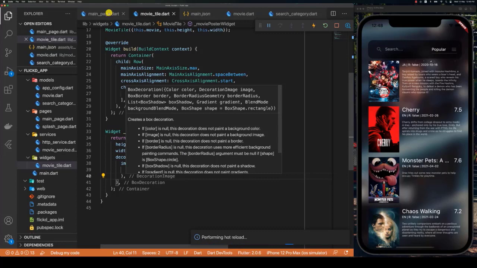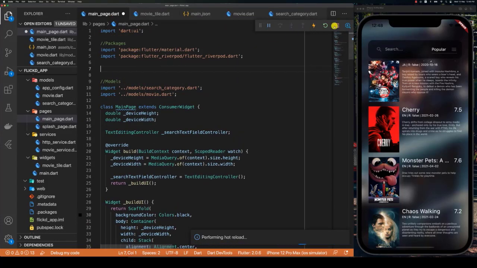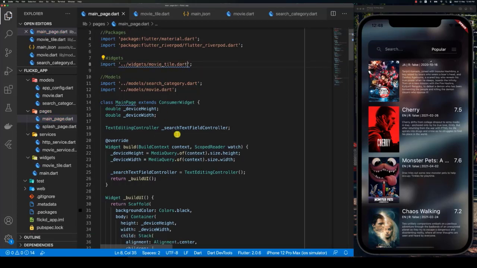Now we're going to go back to our actual main page. Here I'm going to go to the top and import the widget, and I'm going to stop the hot reload process for a minute. I'm going to call this widgets. And here I'm going to import the widget that we just created. So widgets/movie_tile.dart. And then I'm going to go down